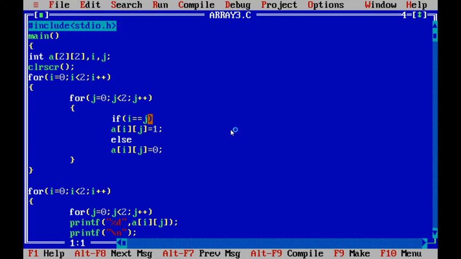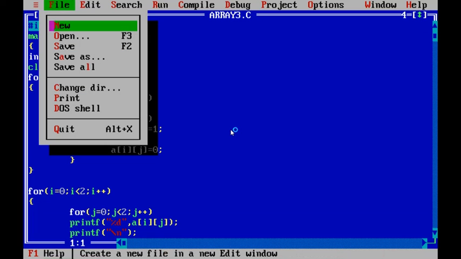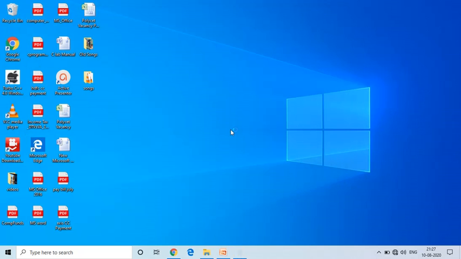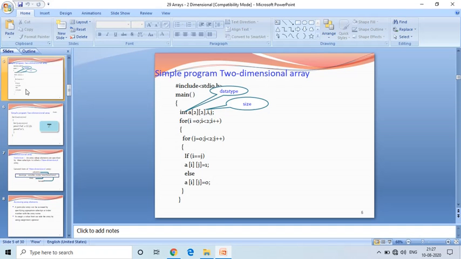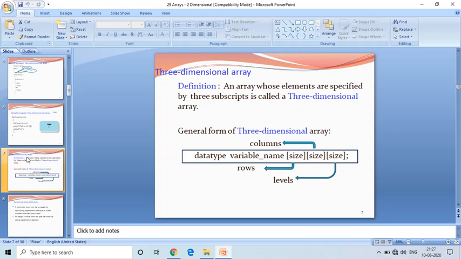This is the program to print an identity matrix. Now we will close this compiler and see how to initialize the array elements, and three-dimensional arrays.